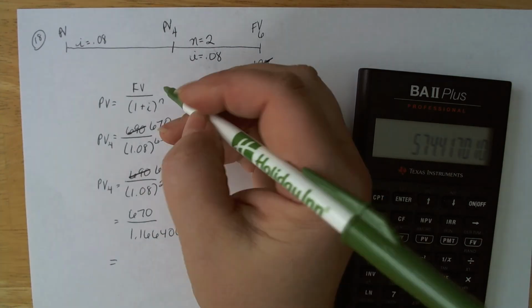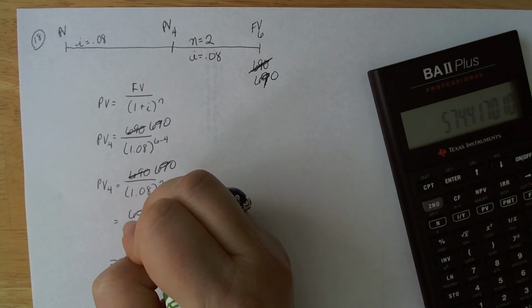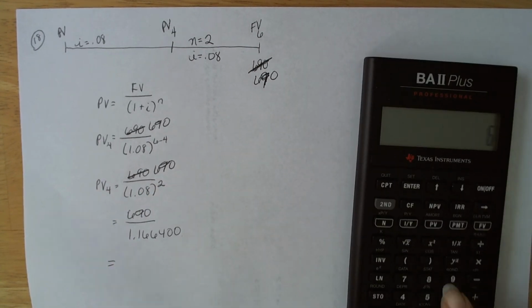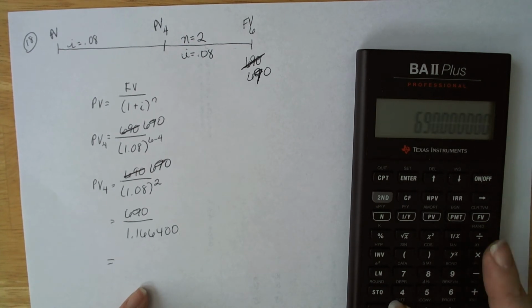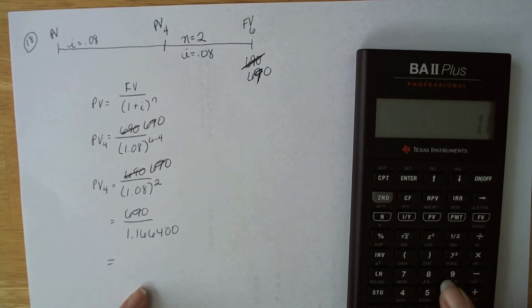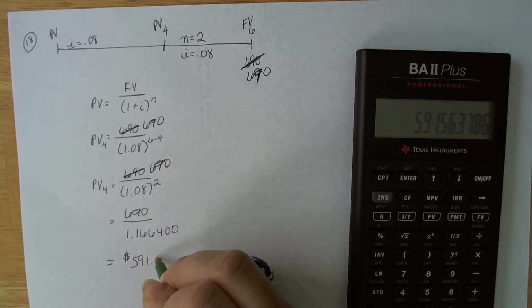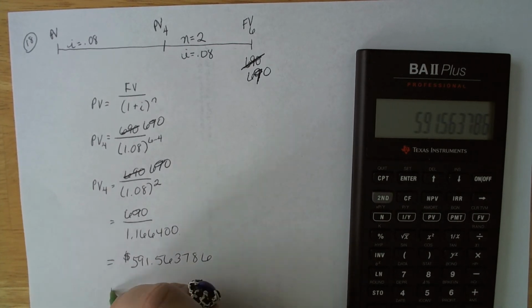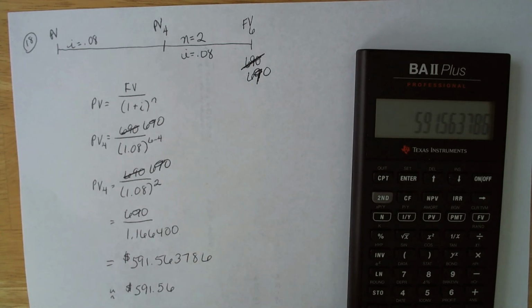Oh, I'm looking at 2 entirely different problems. It is 690. Sorry, 690. I'm looking at this sheet, and there are 2 problems on there, one is 670 and one is 690, and it's coming through 2 different ways. So it's 591.563786, 591.56. Since I got this one a little screwed up,